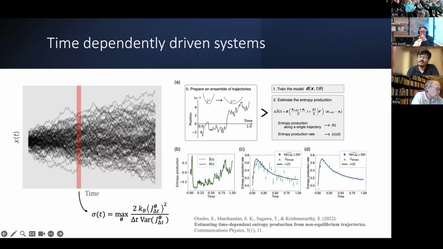In this case, what we showed is that if you choose a time window, you can treat time essentially as a parameter, and think that there is an equivalence in this ensemble across different realizations. And we showed that the method applies here and gives you an exact estimate of time-dependent dissipation,